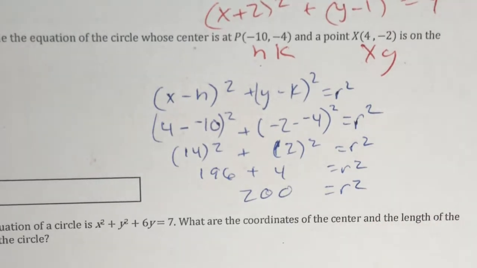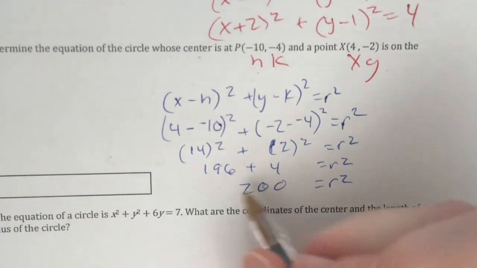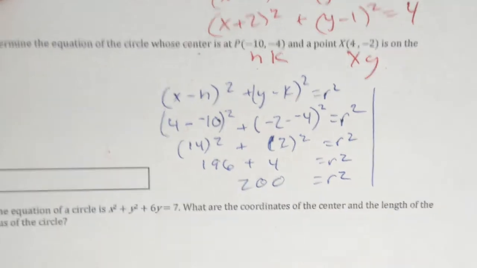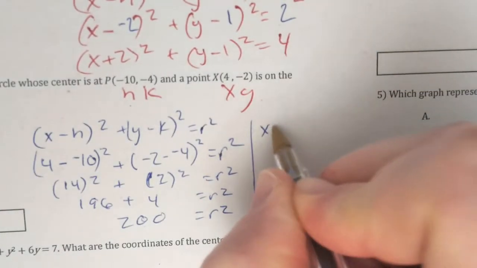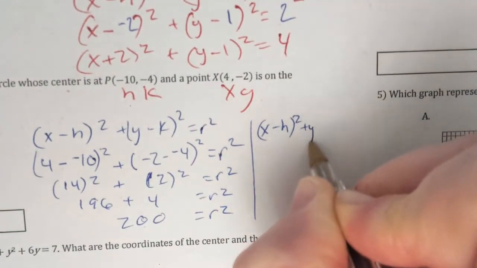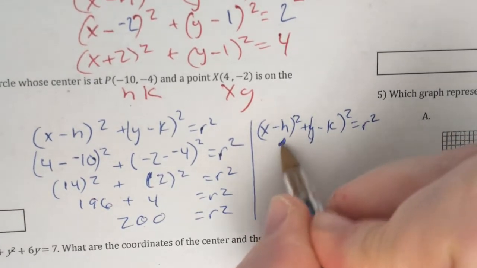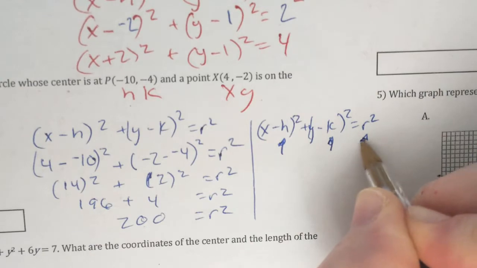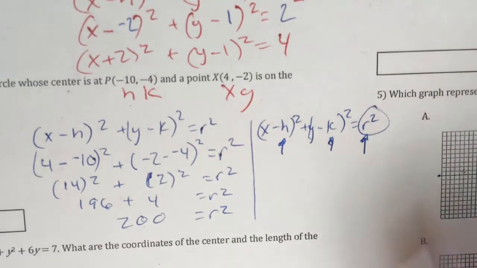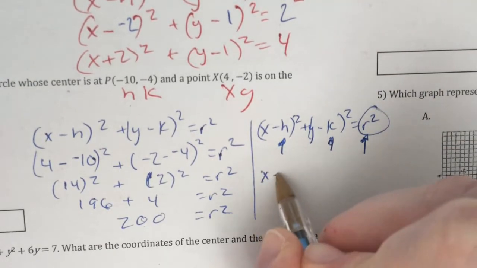Because you're going to write down the equation anyway, I would just stop right here. So stop right there, and then we go x minus h squared plus y minus k squared equals r squared, where you're plugging in your h, your k, and in this case, instead of just r, you're going to plug in r squared. So that'd be x minus